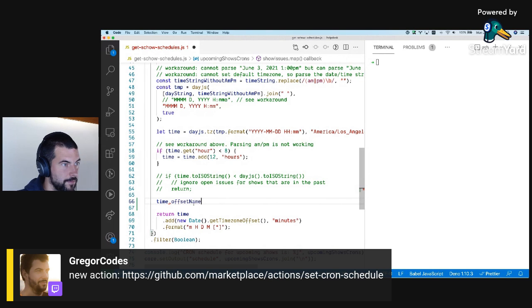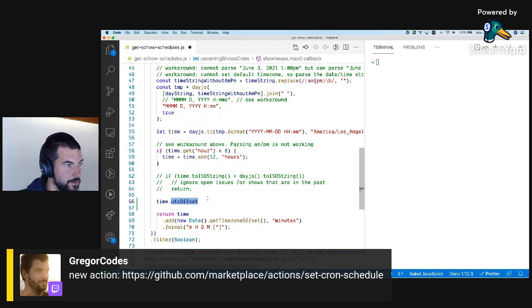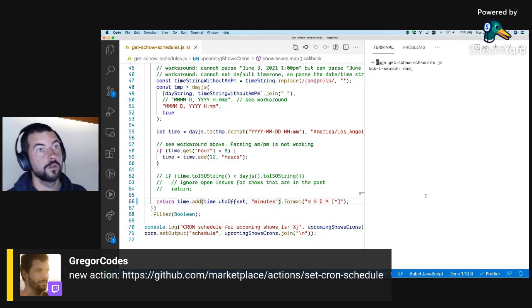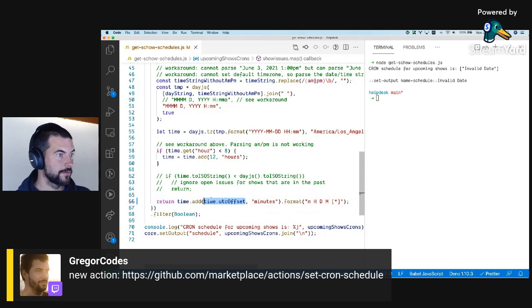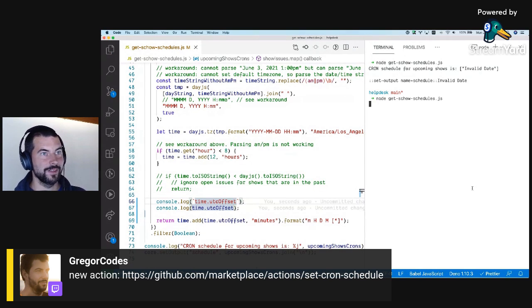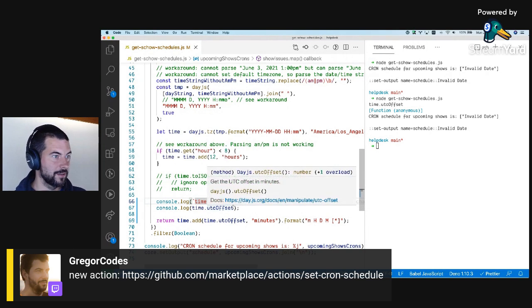Offset name. Oh, this is what I want. Let's try it with this one. Invalidate. Let's see what we got. Oh, it's a function, okay.